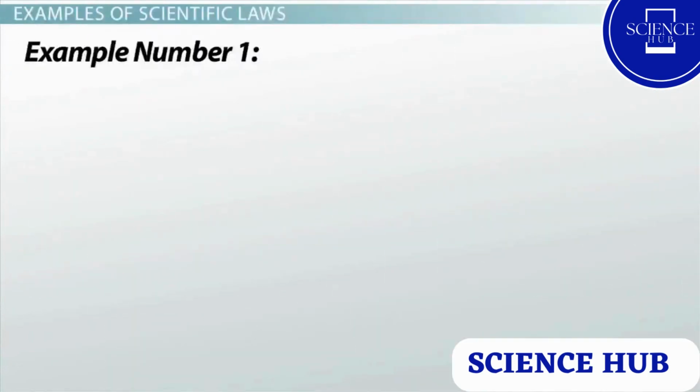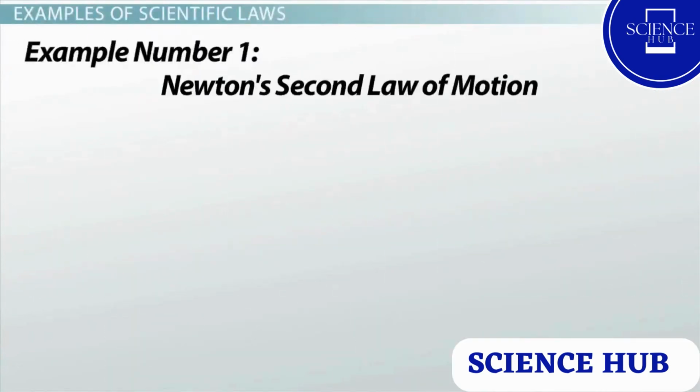Example number 1. Newton's second law of motion is written as F net